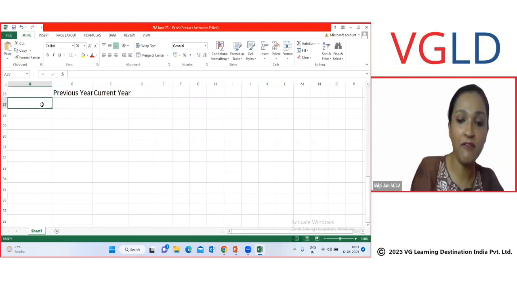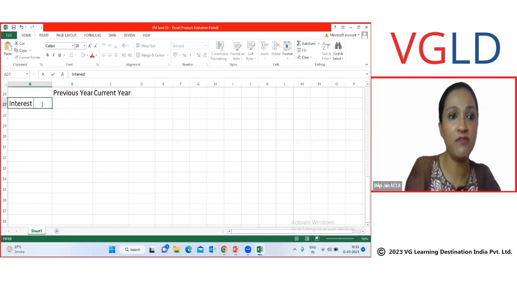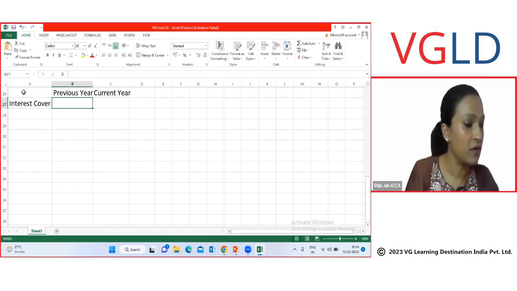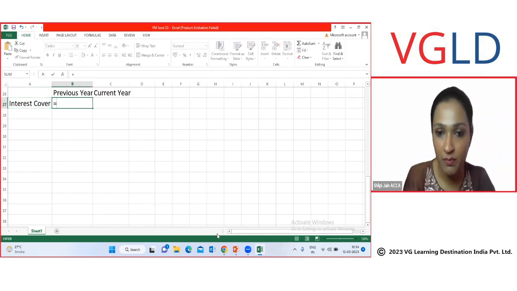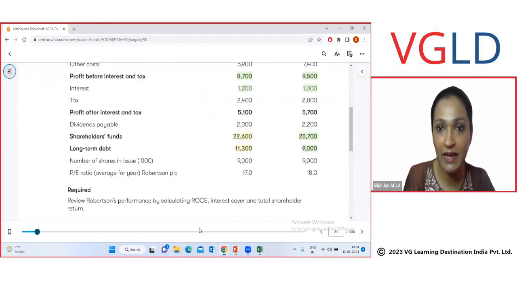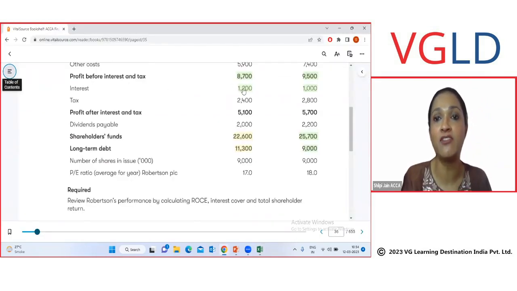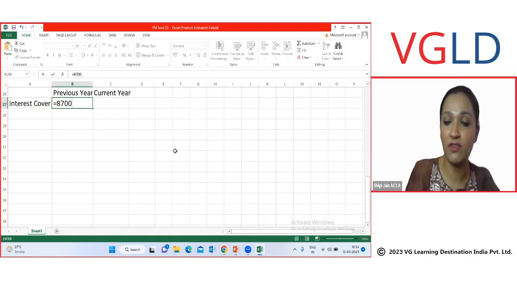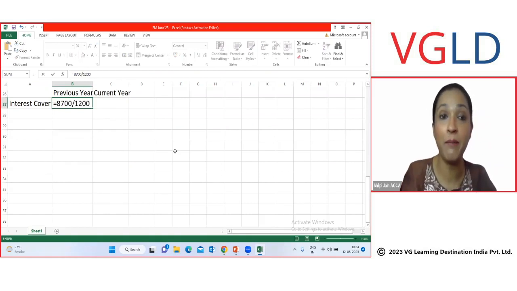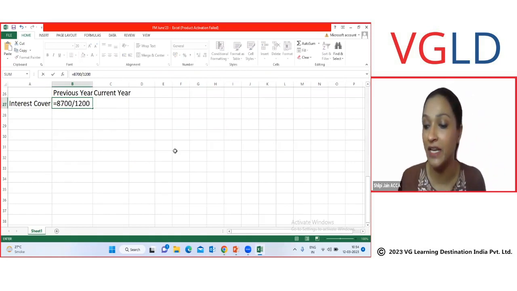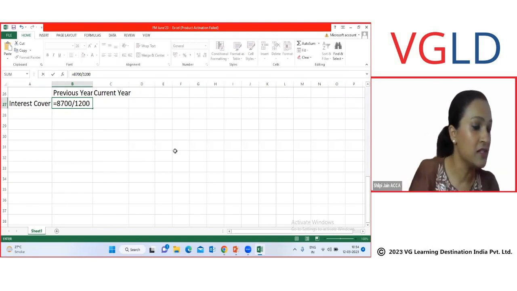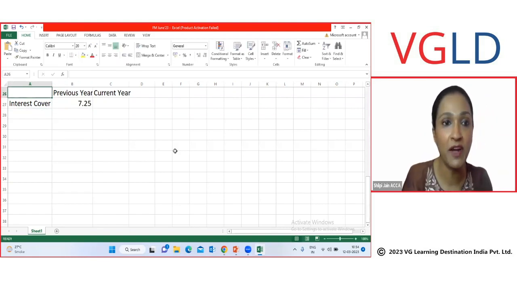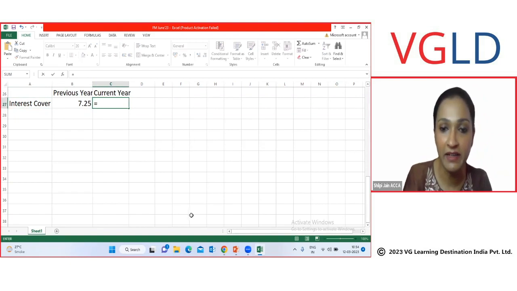Okay, so what do we have? Let's quickly calculate the interest cover first. So how much was your profit? Let me just highlight that. So profit before interest and tax, 8,700. Interest paid is 1,200. Can you calculate the interest cover? Yes, you can. So which is 8,700 divided by 1,200. Remember, interest cover is always given in terms of times. So this is 7.25 times in the previous year, and current year